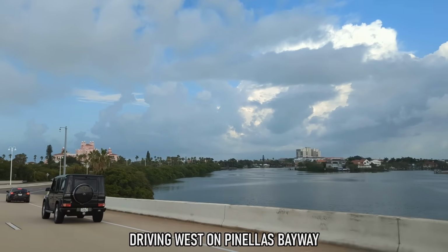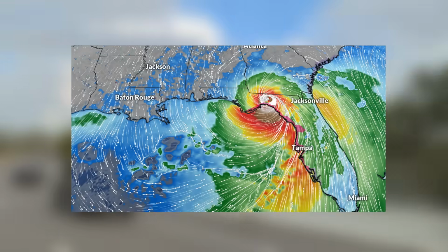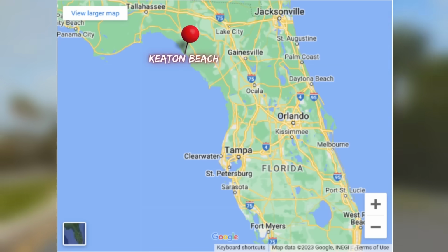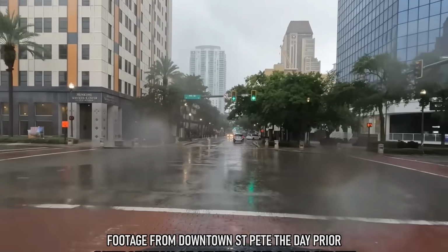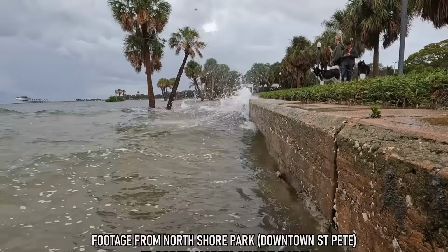What's up guys, it's mid-morning on Thursday, August 31st, 2023, just a little over 24 hours after Hurricane Idalia made landfall. Landfall occurred around 150 miles northwest of here at Keaton Beach, which is located in the Big Bend area of the Florida Panhandle. Thankfully, we did not get hurricane force winds around St. Pete, but some of the areas along the bay as well as out on the barrier islands did experience some